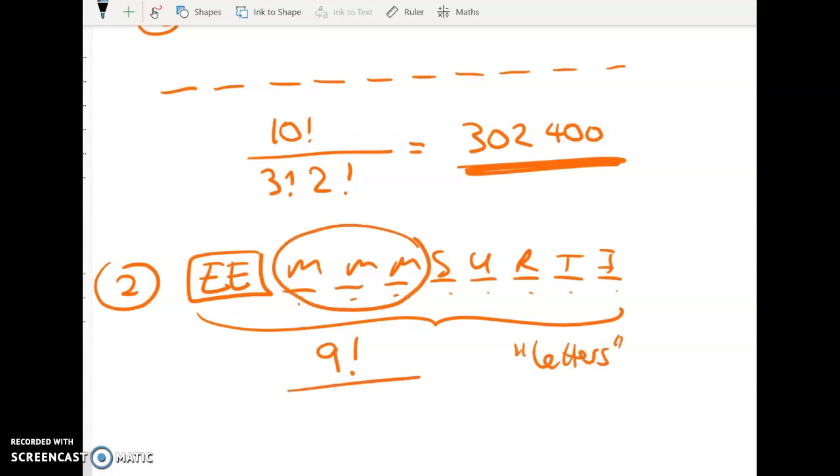But I've still got the thing that I've got 3 M's and they're indistinguishable. So I'm going to divide out by the 3 factorial. Now, some of you might have gone, well, maybe I also should divide out by a 2 factorial. But we don't have to do that because we've got those sitting there together as a block, right? So we don't have that problem to deal with. So 9 factorial over 3 factorial gives me